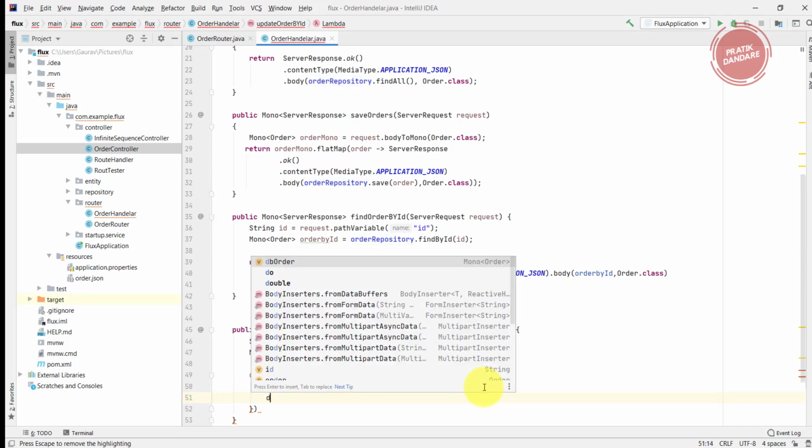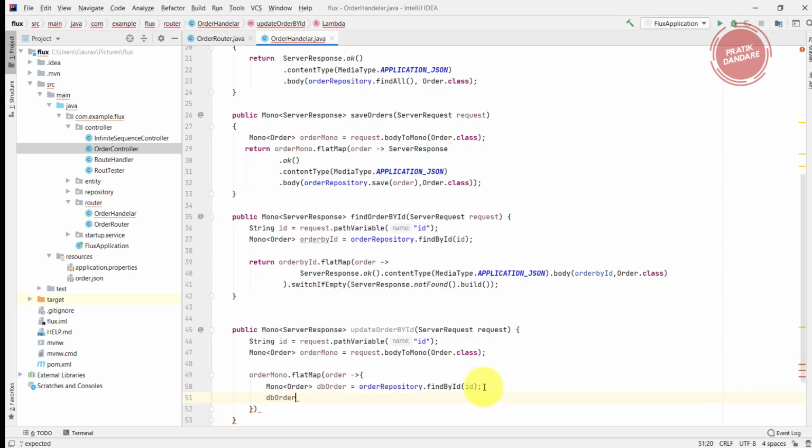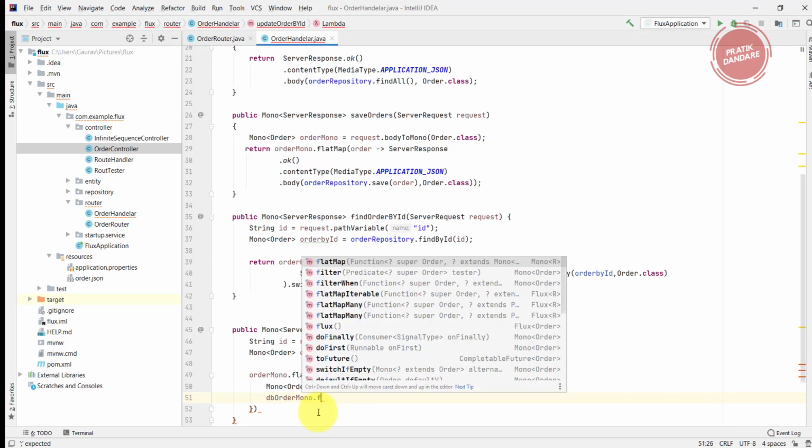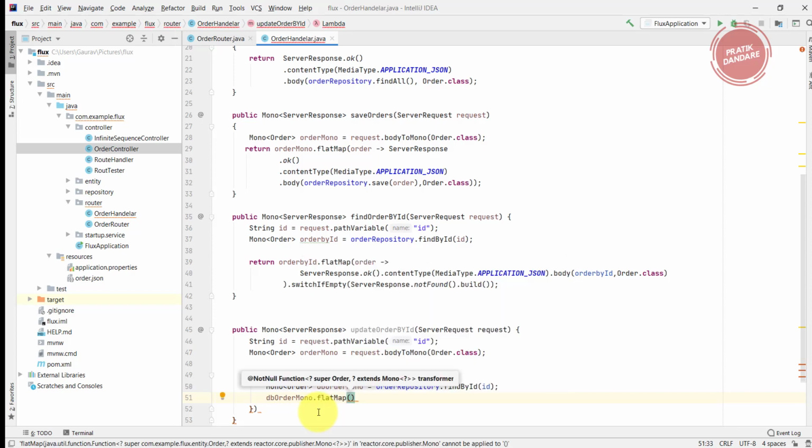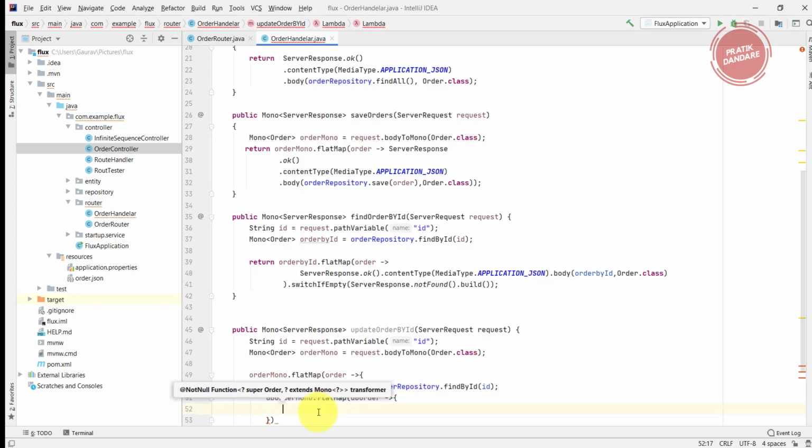I am applying the flatMap on the dbOrder, and I can rename it to dbOrderMono. I am using flatMap again, and now I have the dbOrder.